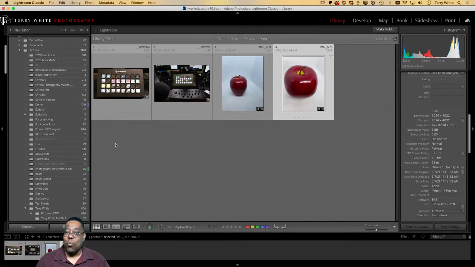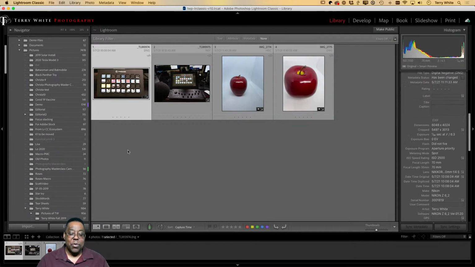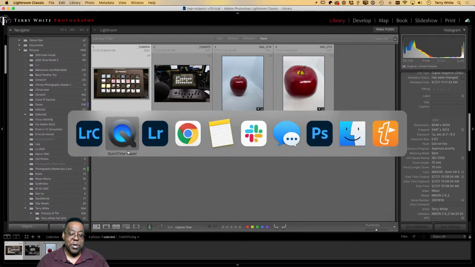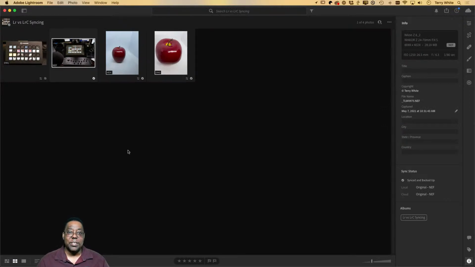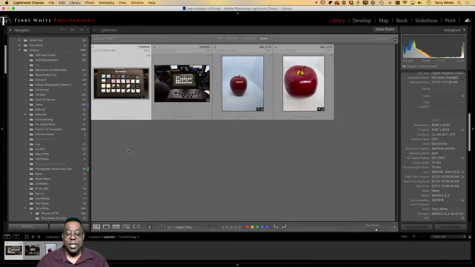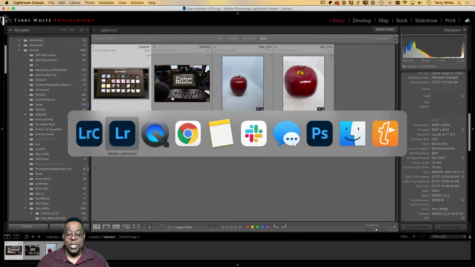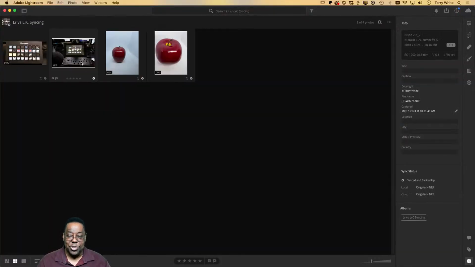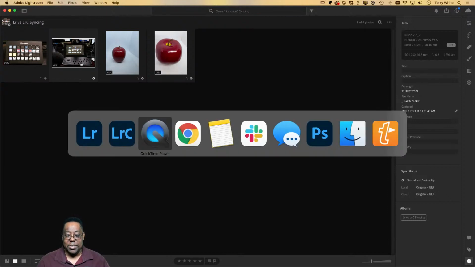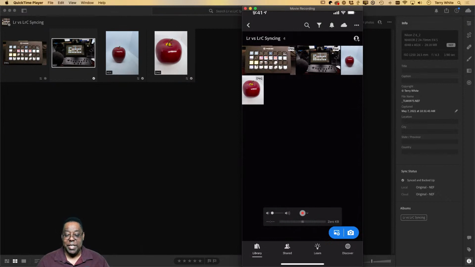So that's the full round trip. In other words, remember we started with this one in Classic. We put it in a collection, told that collection to sync. It went up to the cloud as a smart preview and appeared on all my devices as a smart preview. Then we shot another photo, and we brought that one directly into Lightroom, full resolution raw file, JPEG, whatever it was. And that one went up to the cloud, but that one got backed up as a full resolution original. And of course, because syncing is turned on, it appears on all my devices. So there it is on all my devices.